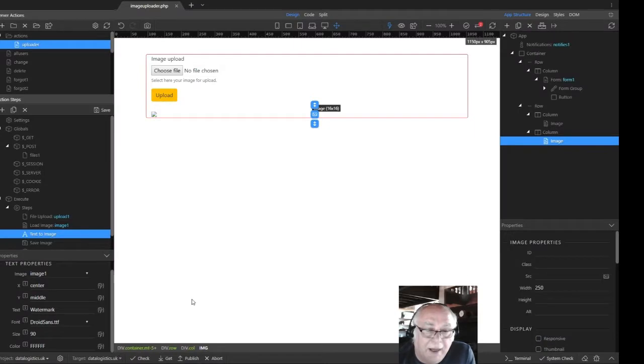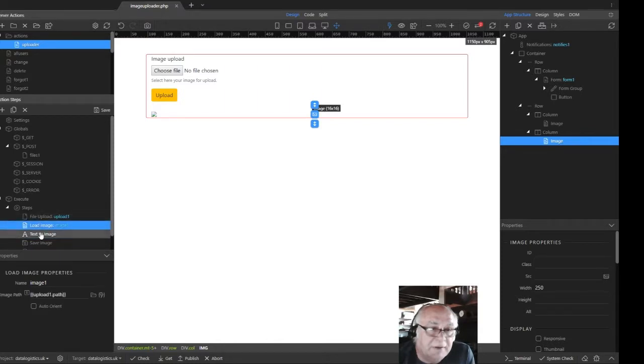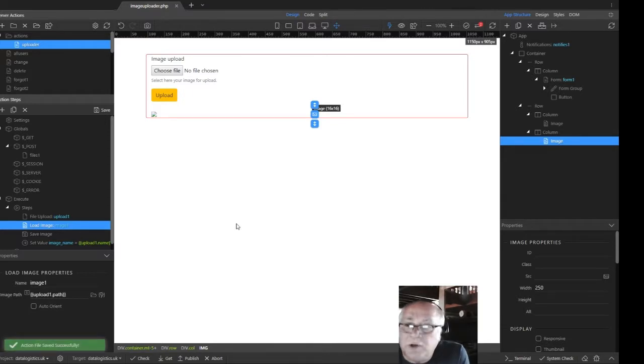Okay, what else? I think it's about time now for us to look at the multi-file loading. I'm just going to take these steps out there for the moment. So what I'm going to do is, first of all, I'm going to convert this into